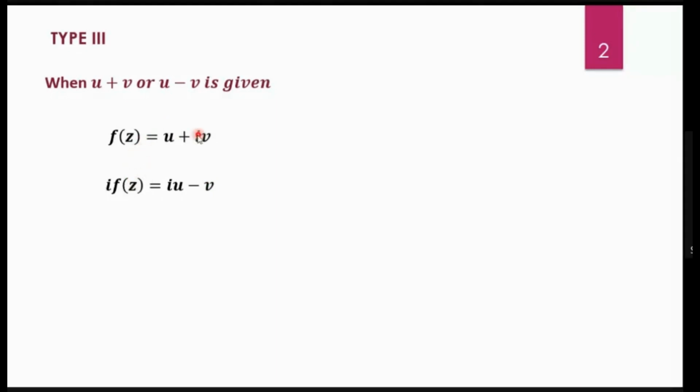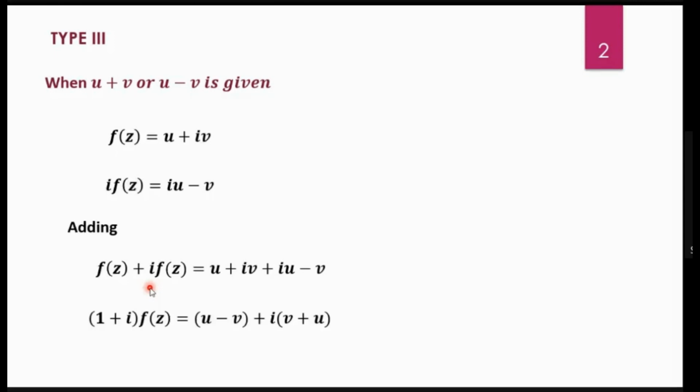Okay, so start with f of z equal to u plus iv, calculate i into f of z, now add both. When we add, we will get f of z plus i into f of z. Here I will get u plus iv plus iu minus v. So I am adding left hand side and right hand side of both the equations. Now here f of z is common, so I can take f of z common. I will get 1 plus i into f of z is equal to